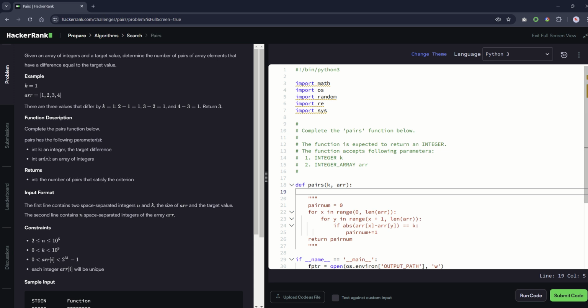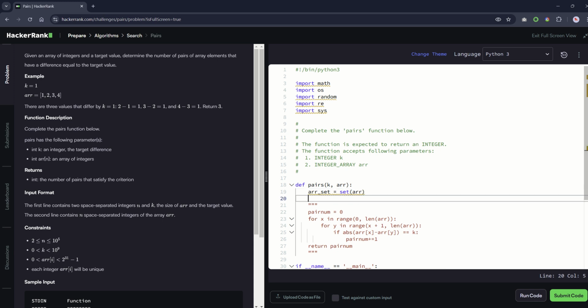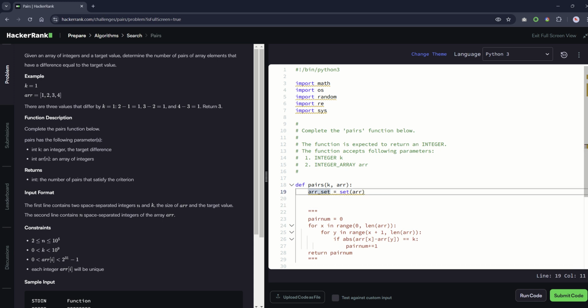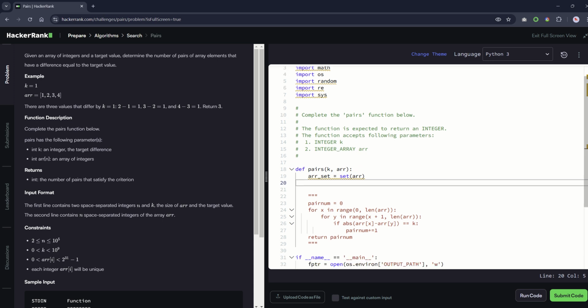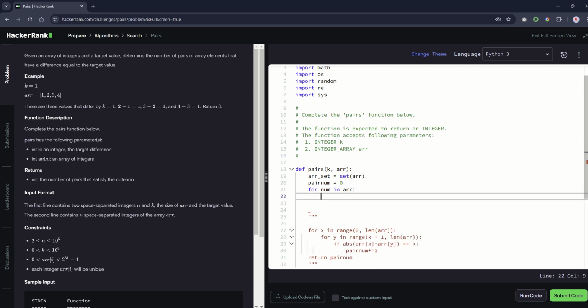Okay, so first you convert the array to a set. So equals set, oops, okay, so first we convert it to a set. Oh, right, because it's not being used. Pair num equals 0 remains. Then for num plus k are